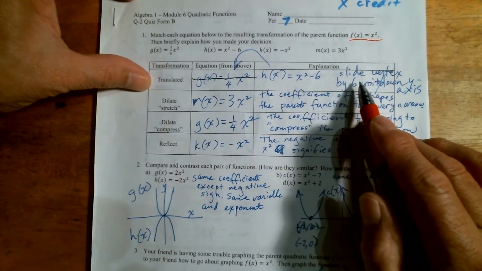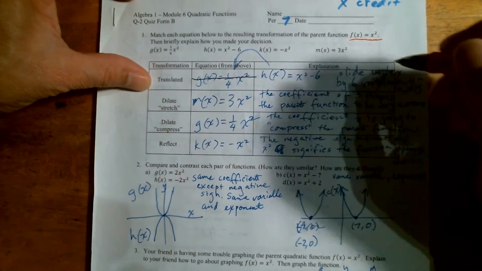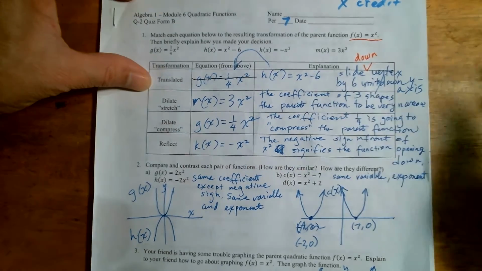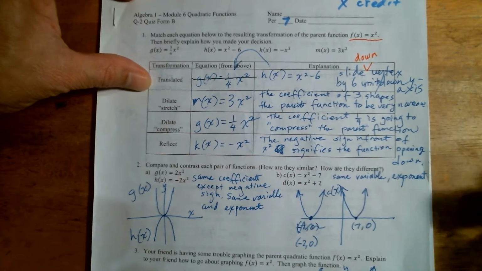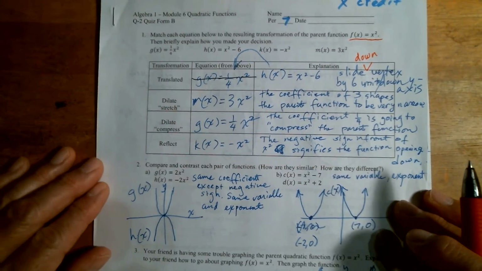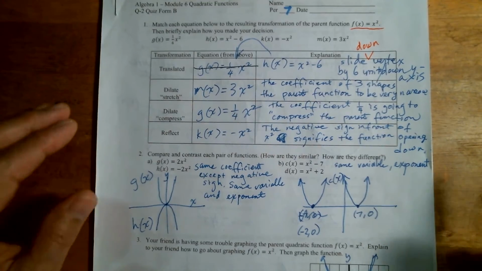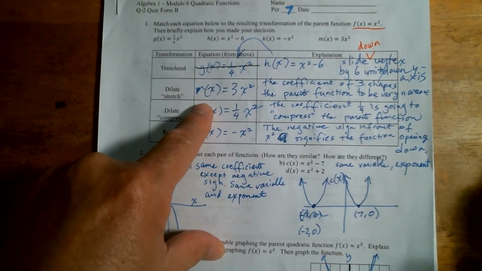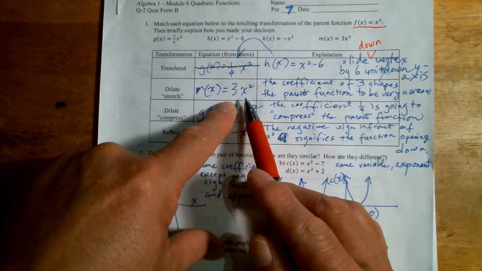So over here, the explanation is slide down the vertex. Let me say it like this, down vertex by 6 units on the y-axis, okay? Oh, I said down here. Anyway. Okay, dilate, stretch. That means you're going to have an integer as a coefficient in front of the